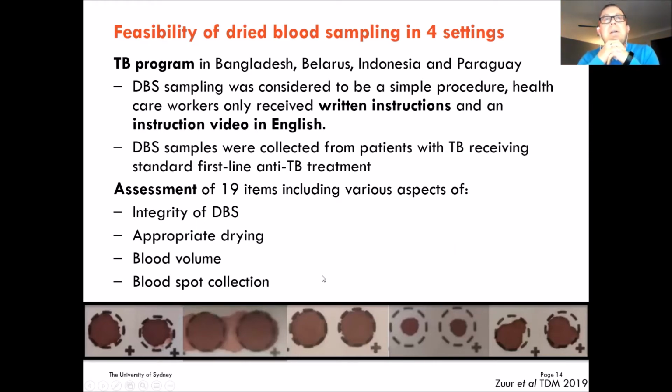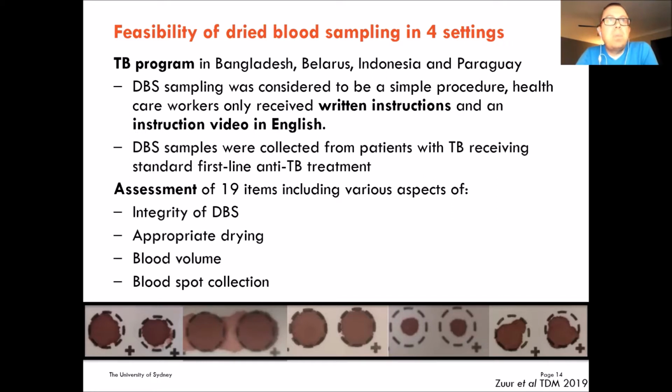So after this first experiment, we tried to do a feasibility study across multiple sites. We looked at Bangladesh, Belarus, Indonesia, and Paraguay, and provided the participants in this study with written instruction and a video, just in an attempt to see whether this was sufficient to train them to produce samples. And when we got the samples, we assessed them based on 19 criteria with various aspects of integrity